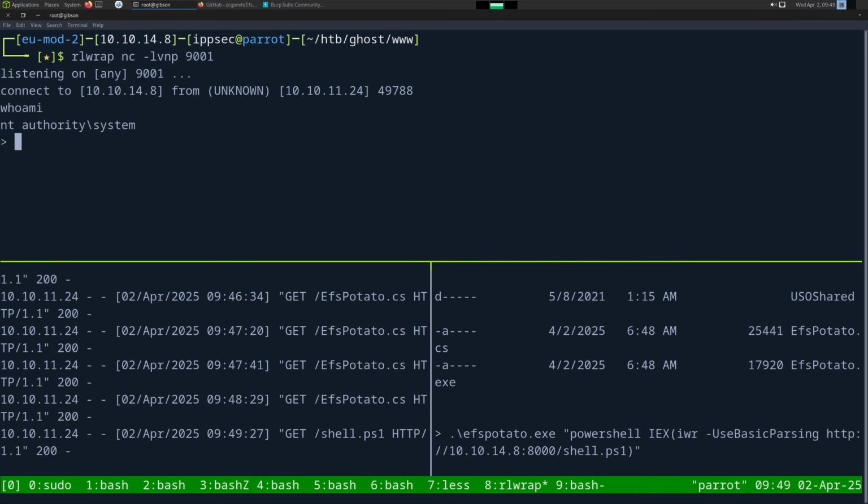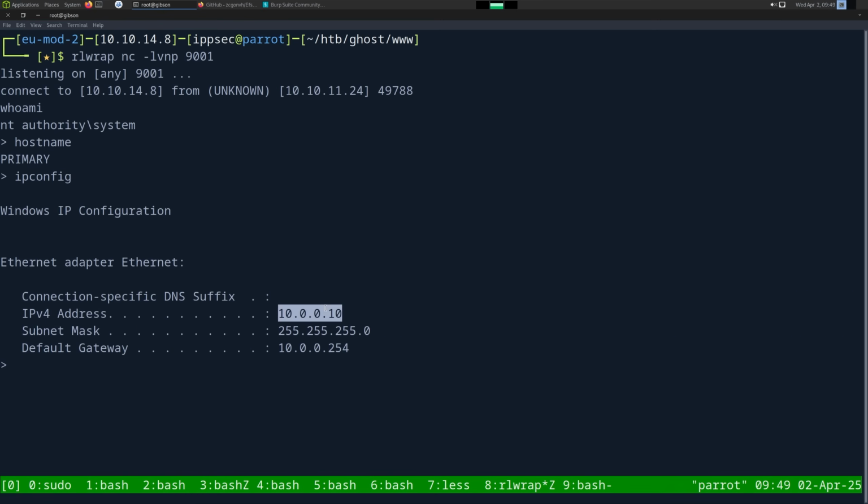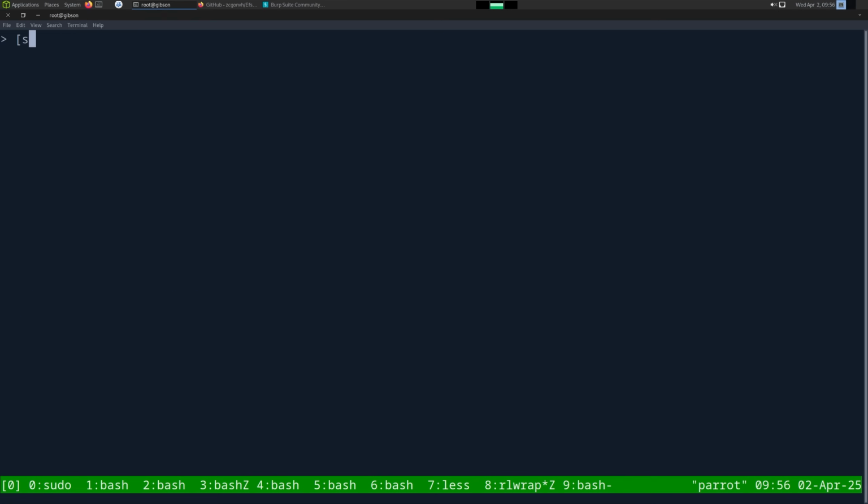So we have escalated from the service account to system, but we are not done yet because we are still on the primary. If we do ipconfig, it will tell us easily. We're 10.0.0.10. We want to be 10.10.11.24. We're still in a VM. We're on probably the corp.ghost.htb domain. And we can verify that with a PowerShell command. So we'll do System.Net.Dns and then Resolve, null, hostname. And there we go. We are